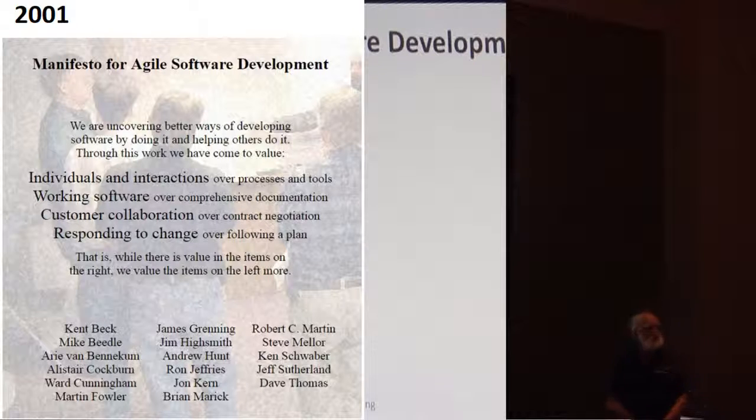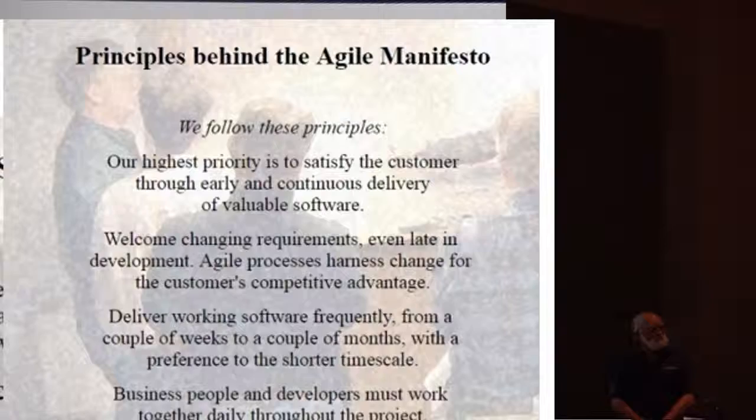In February of the year 2001, 17 developers gathered in a ski resort in Utah, and they all were known as stout opponents of the heavyweight, document-driven software design processes. And despite being anarchists, in 3 days they came to an agreement and penned two very important documents. The first is the Manifesto for Agile Software Development. That's all it is. And the second is the principles behind the manifesto.